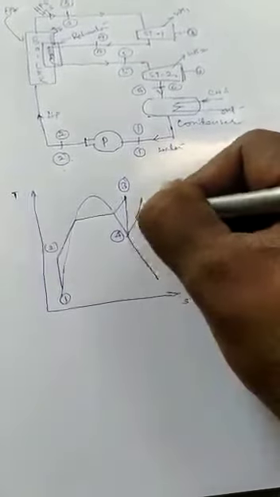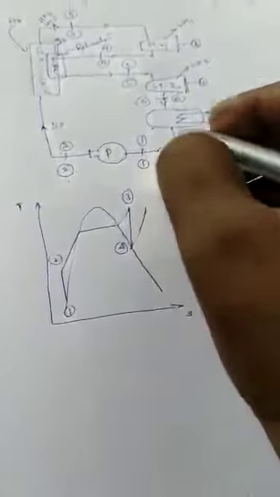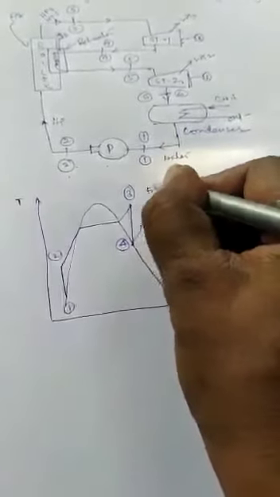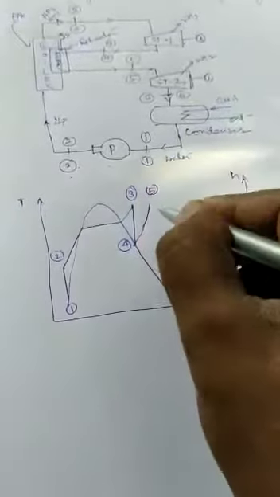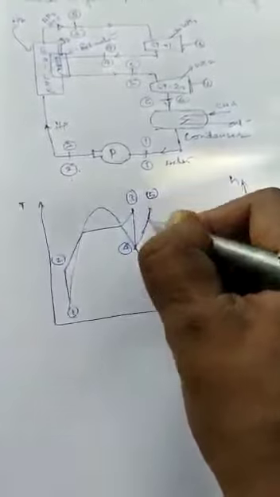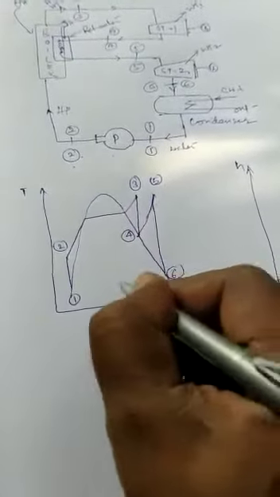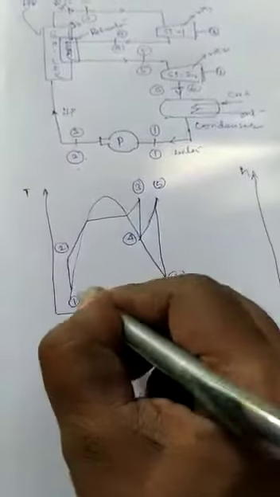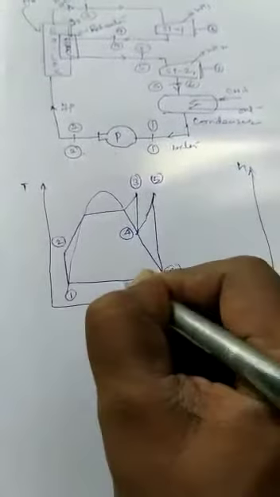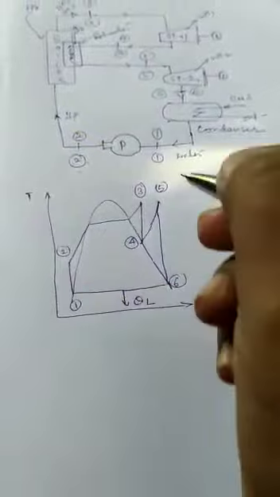Next again we are using the reheater. As a result, the temperature goes on increasing with the help of the reheater. Then we consider the point 5. Next, expansion takes place in the second stage, that is 5 to 6. Next 6 to 1 is the condensation process or heat rejection process, QL.